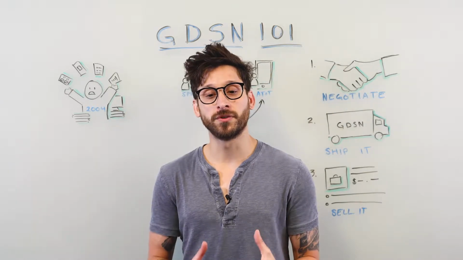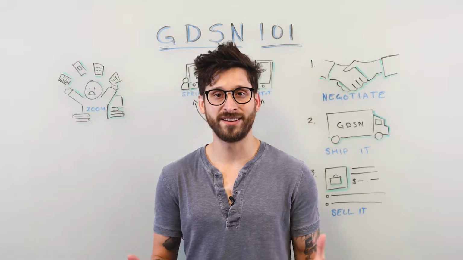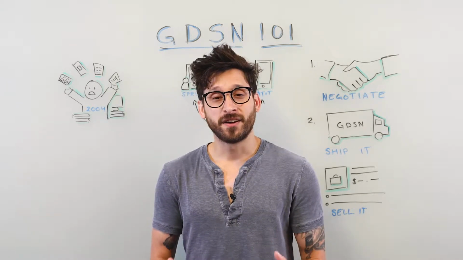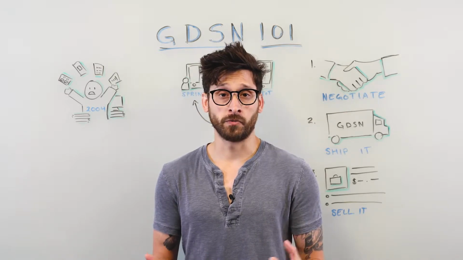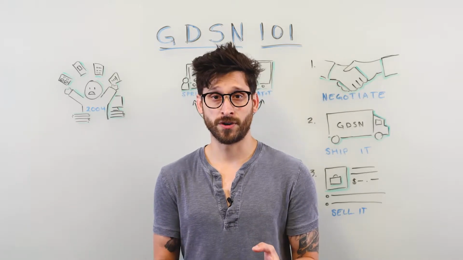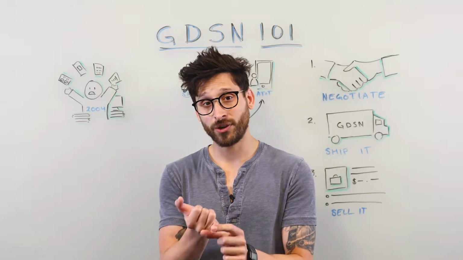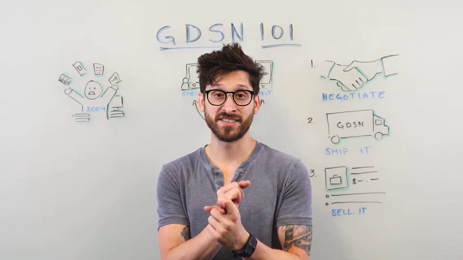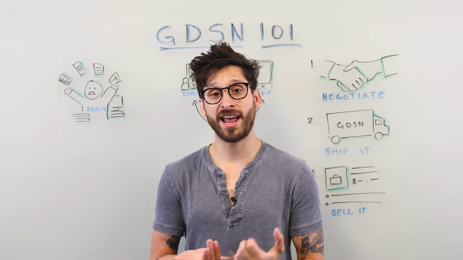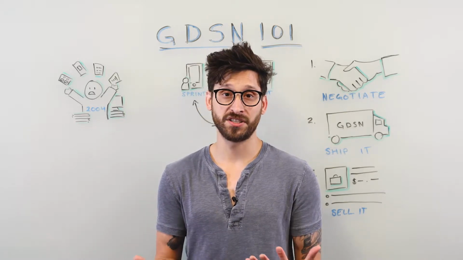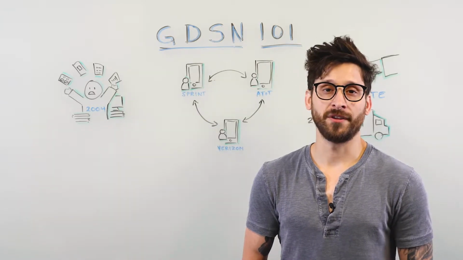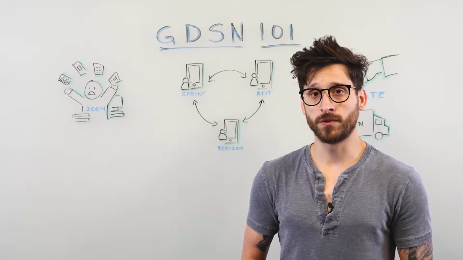So the GDSN was introduced to solve these problems as an interconnected network of data pools, along with a GS1 registry and a global standardized set of business rules, allowing trading partners around the globe to efficiently and securely share product content. This ensures that content is accurate and validated against a set of business rules. This creates efficiencies in the supply chain, and it ensures that everyone in this global supply chain network has the same set of data. Sometimes, to better understand how the GDSN works, it is best to create a comparison.